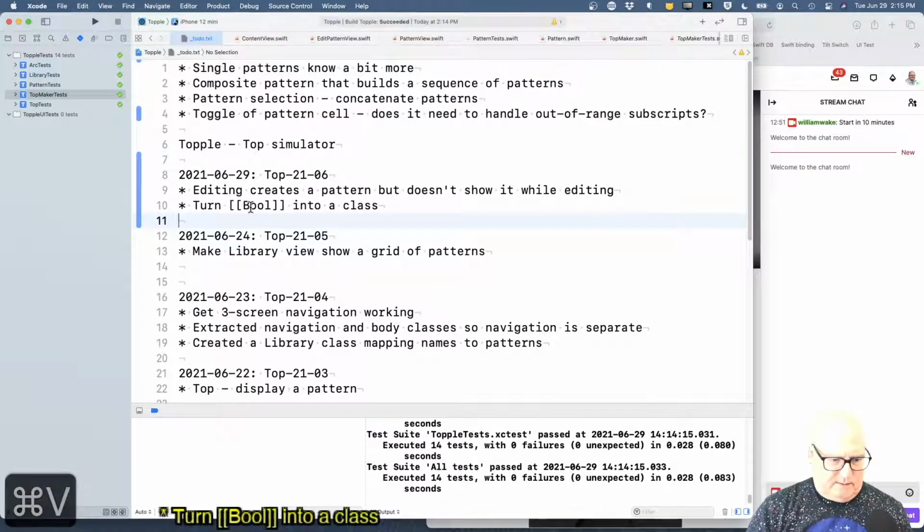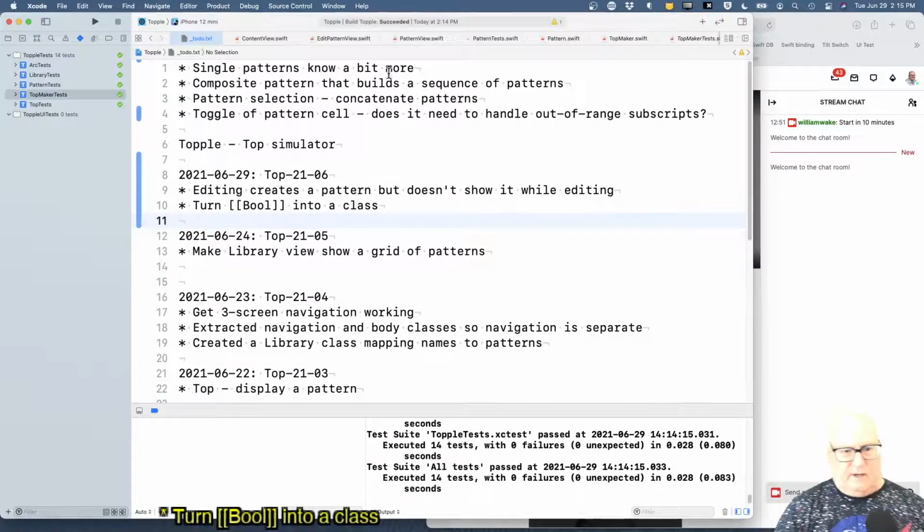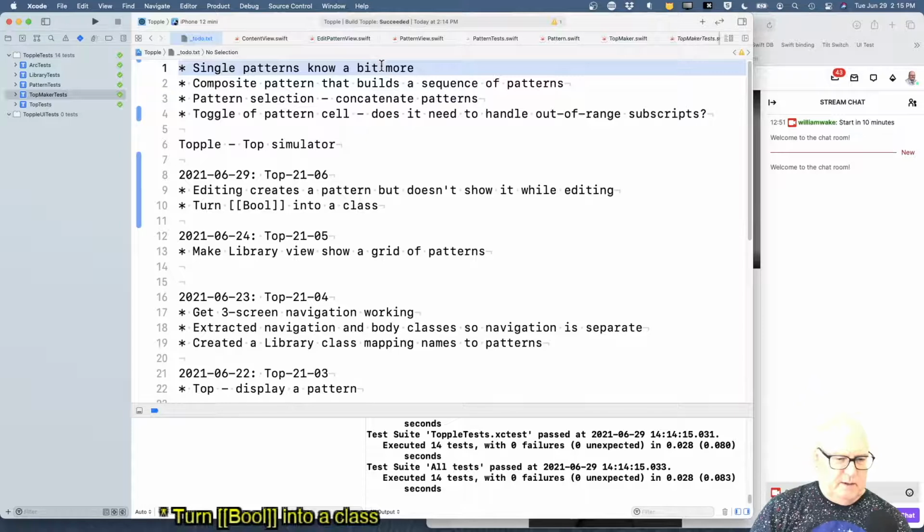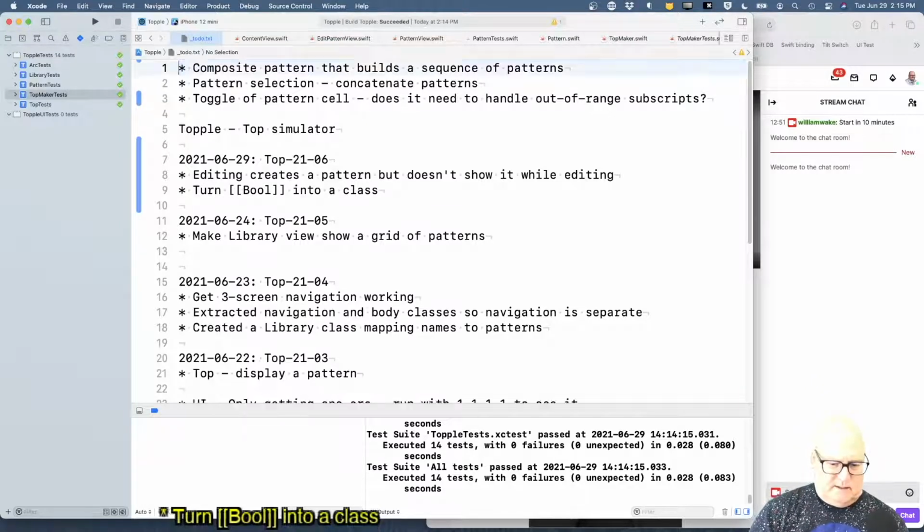We've got a class, we've got the tests. All right. Single patterns know a bit more. That's really what we just did. Composite pattern we haven't worried about yet, but I want to deal with this arc thing. And maybe composite pattern comes first, but